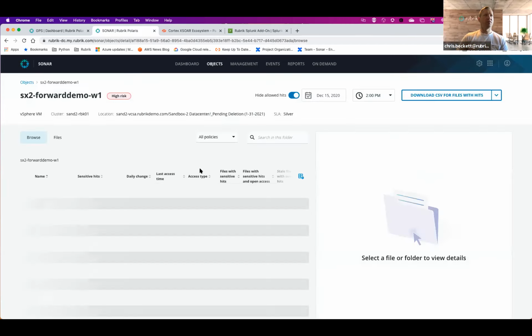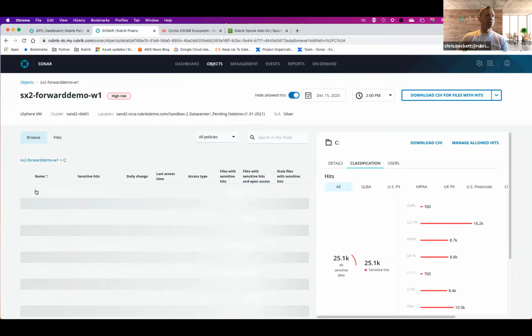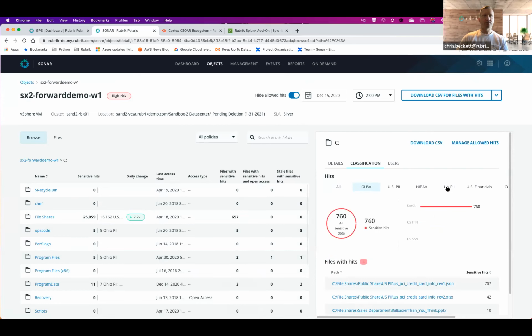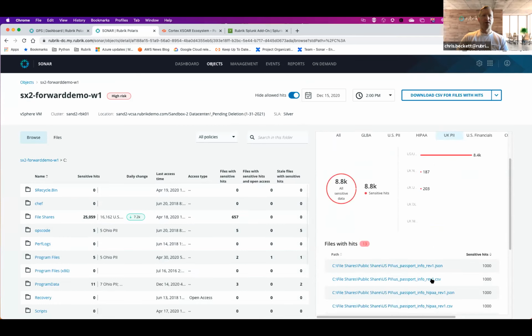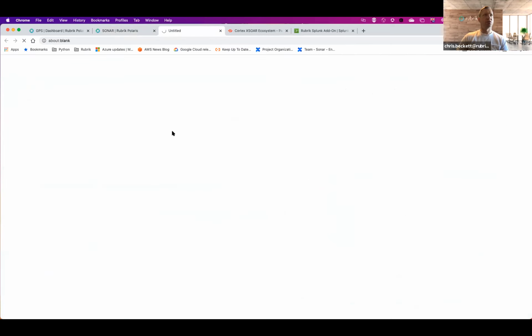But if we quickly dive into one of these findings, again, the interface is very, very similar to Radar. We can walk the file system. We can look at sensitive hits within this, which files have got which data in them. As we start walking through, you can see the breakdown on the right-hand side of these different hits and where they've come from. We can filter down by the different policies as well. And we can see which files have got which hits in them, and we can look within these files and see what's going on within that. We can preview within it, so we can see,